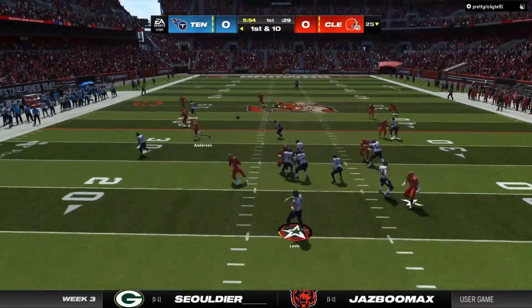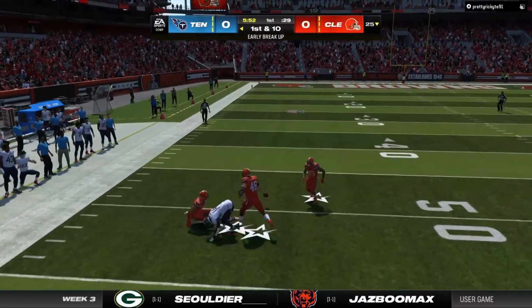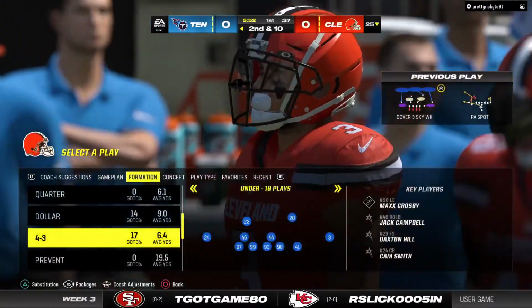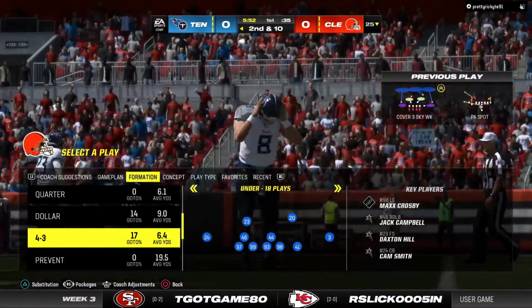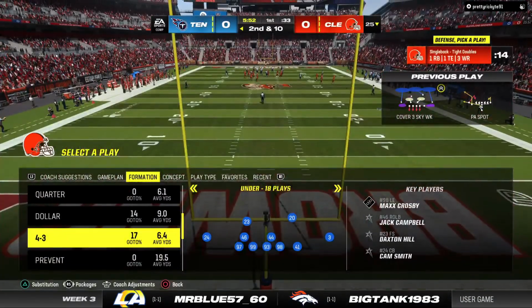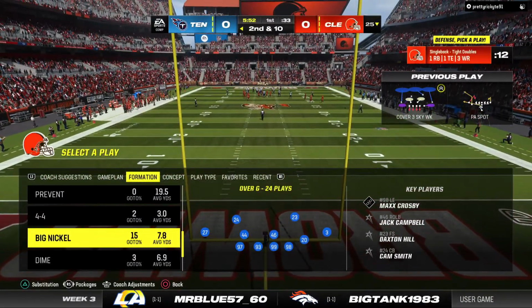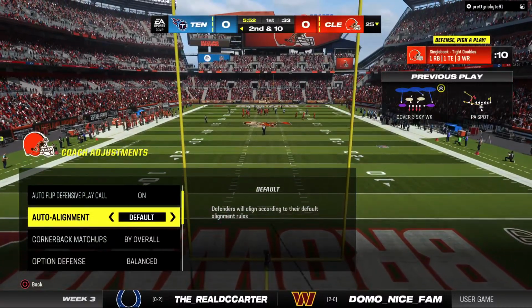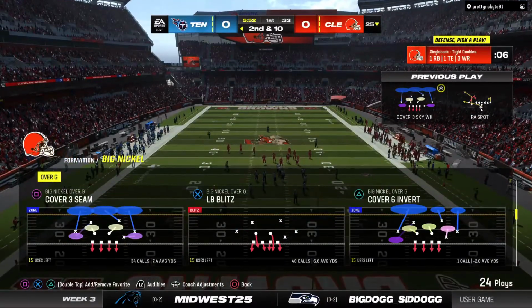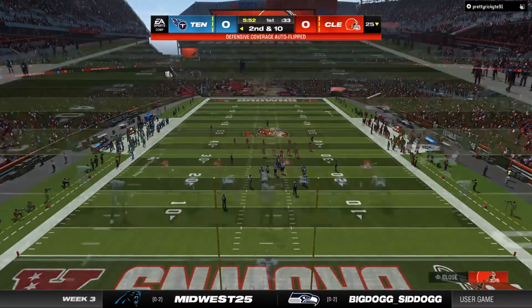They go play action. Here's Levis. That is incomplete. The intended target was Chris Godwin, and it's second down. We look at this Browns defense, and they're a tough unit to throw against, currently 4th toughest in the NFL. Yeah, defending the pass hasn't been an issue for them. It's been stopping the run. And if they don't stop the run, they can't get back to their strength, which is guarding against the air